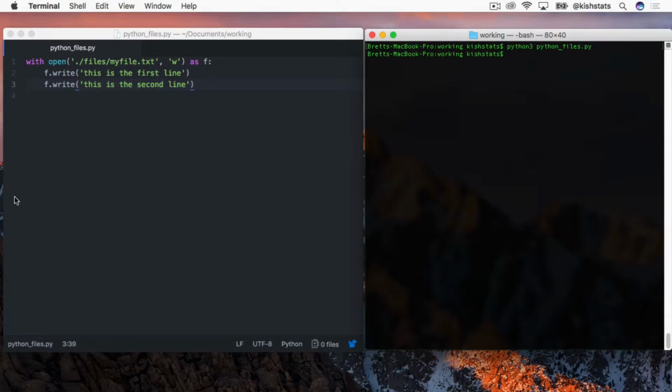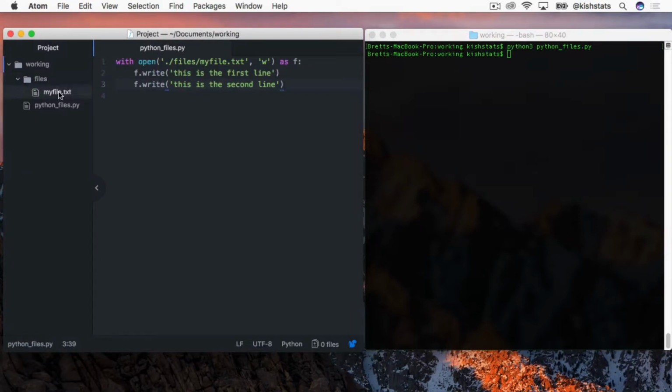nothing happened, no errors, so we have to go back and inspect the file. If we open our file, we see that it did print to the file, except there are no line breaks. It just printed everything to one line. What we need to do to fix that is pass in a line break after each line using a \n. So if we go ahead and do that and rerun it,